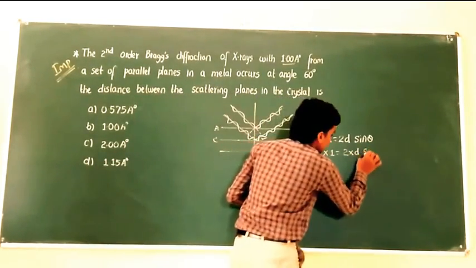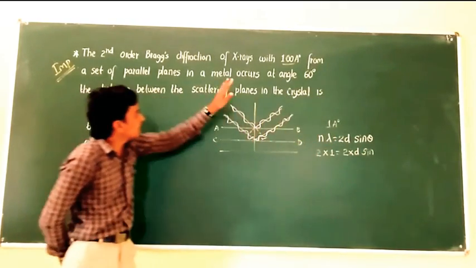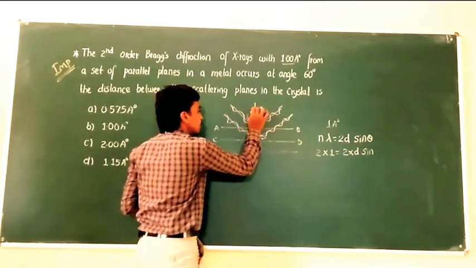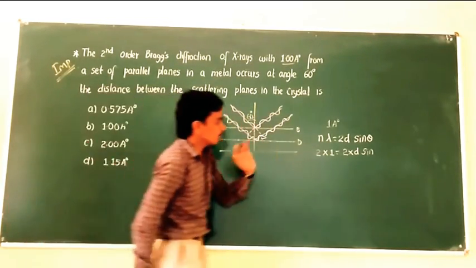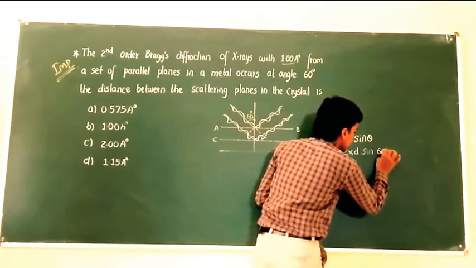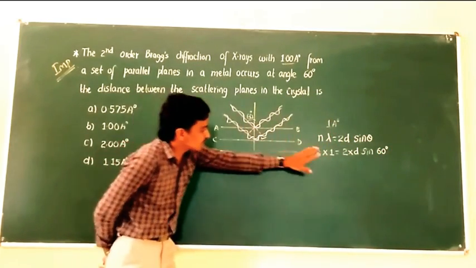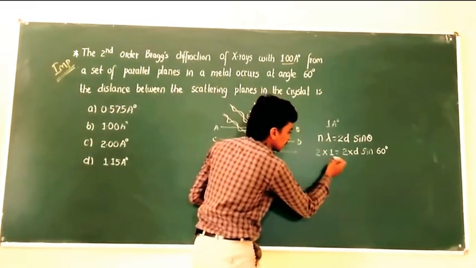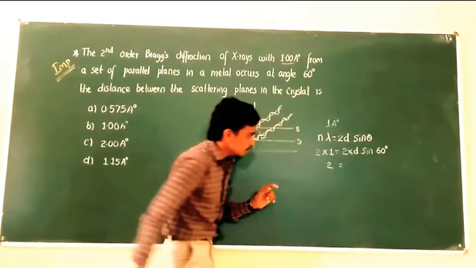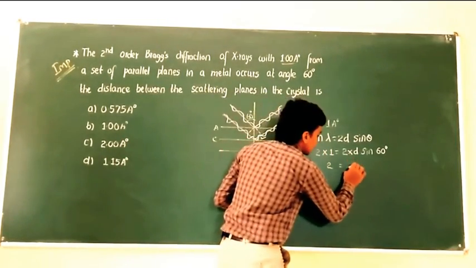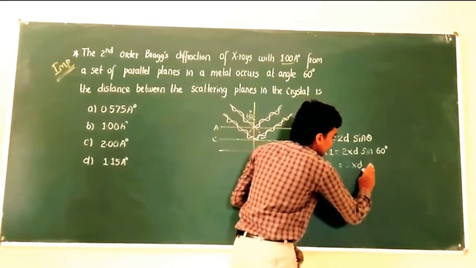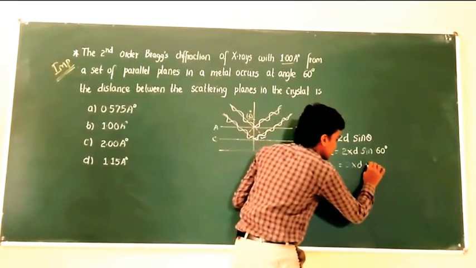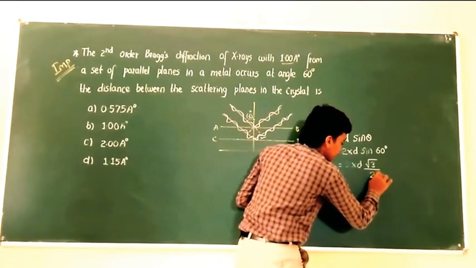And next, the sine of the angle. There is a certain angle you can expect here, that is also given to you, that is 60 degrees. 60 degrees means you can substitute sine 60 degrees. After solving this sum, you can get the correct answer. And how to solve this further? On the left side we have 2 into 1, which is 2, and on the right side 2 into d sine theta. Okay, this is sine 60 degrees. You already know the value from the basics of mathematics, it is nothing but root 3 divided by 2 here.